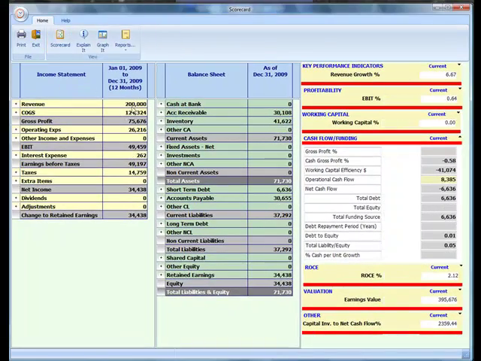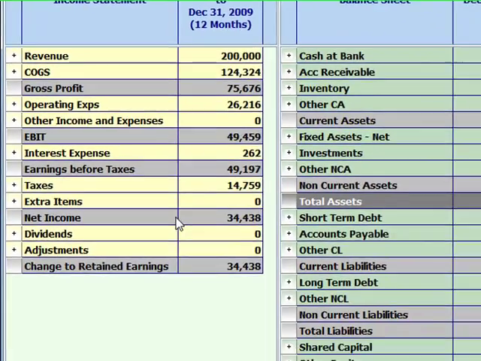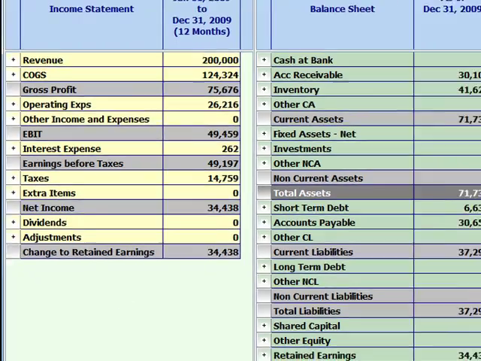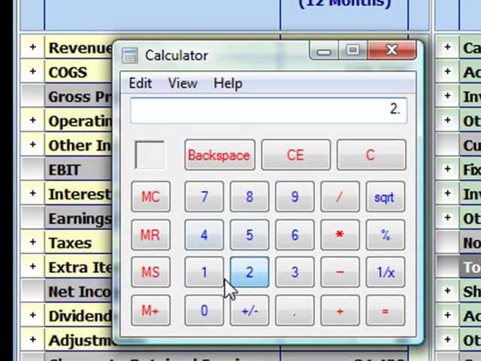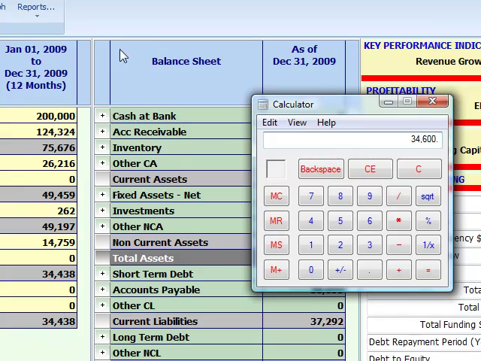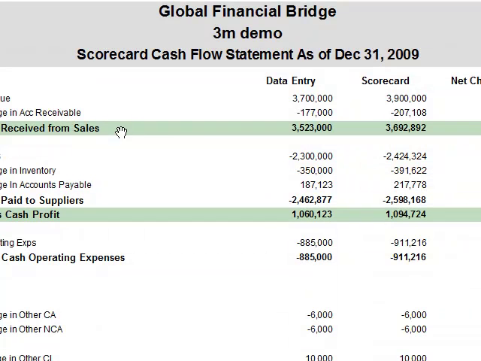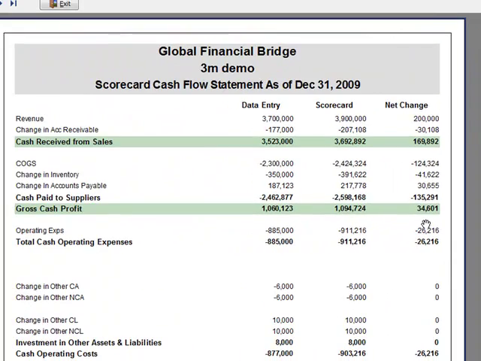And how much did we grow our business by? We grew our business by $200,000. So if I take $200,000 times that 17.3 cents, what do I get? For the accountants in you, I will just quickly do this calculation. So it is $200,000 multiplied by 0.173 is equal to $34,600. There it is. And to go back to our cash flow statement to prove it, we got 34,601. There's a little bit of a rounding difference, but I think you can see the